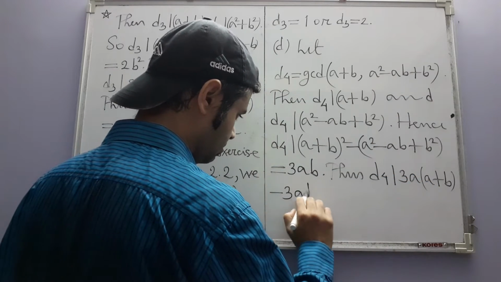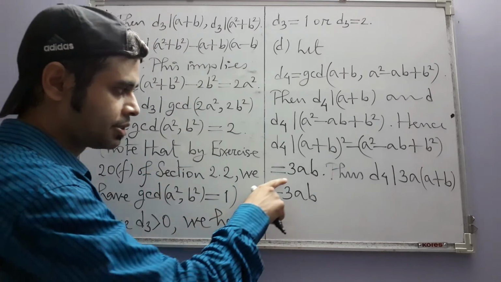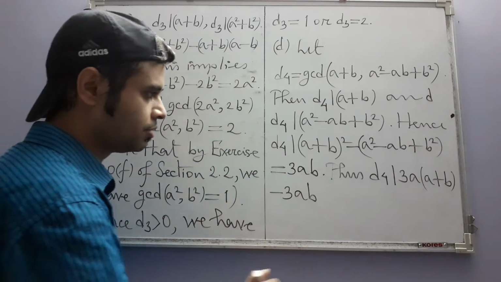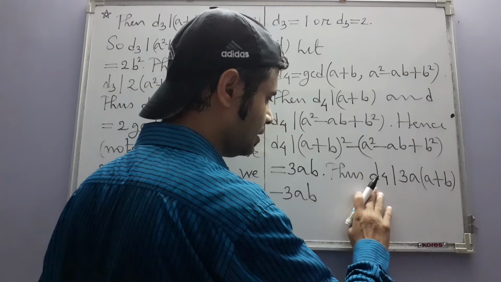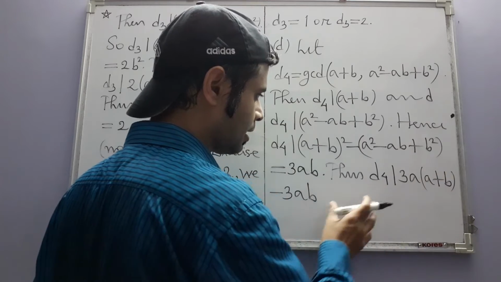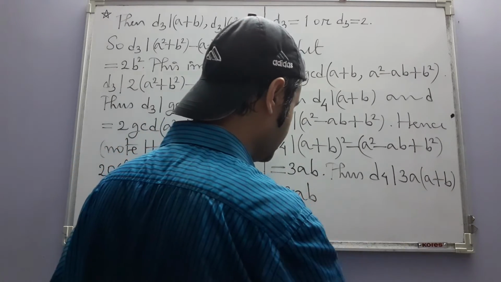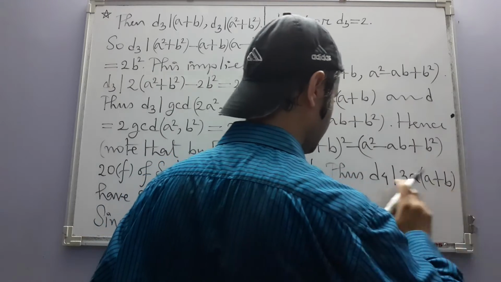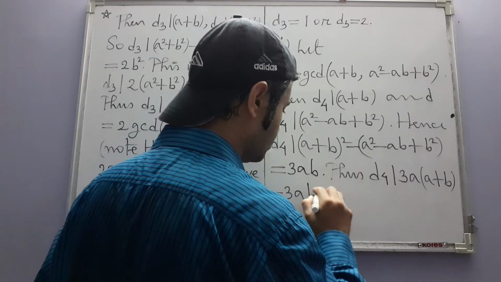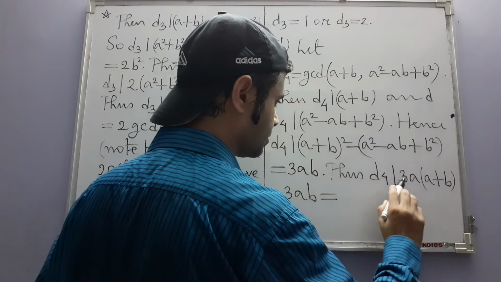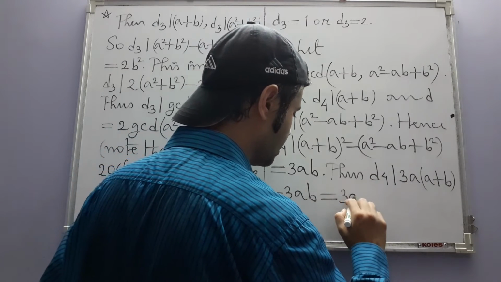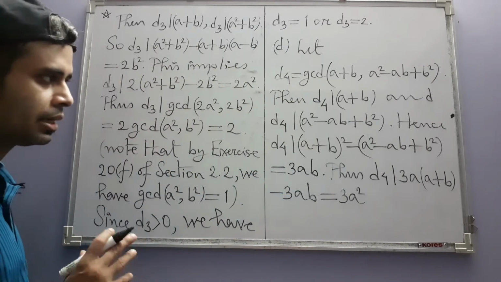minus 3ab. So that thing that I was saying just now, that these symbols can lead to some confusion, here it will be even more, because there is a line break. Ideally I should write minus 3ab in the same line, but of course I don't have space, so you have to understand what we are writing here. And that thing is equal to what? 3a squared plus 3ab, 3ab minus 3ab will cancel out, so we are left with 3a squared. So D4 divides 3a squared,